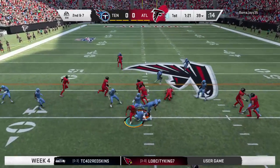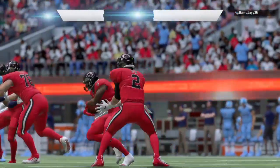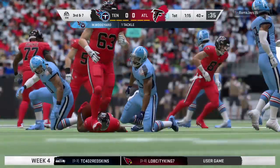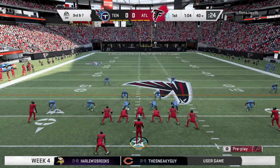Here's the second year back from Southern Miss, Ito Smith. Nowhere to go that time. He maybe got a yard up to the 40. They had 3 yards on first down, just 1 yard there. Brings up third and